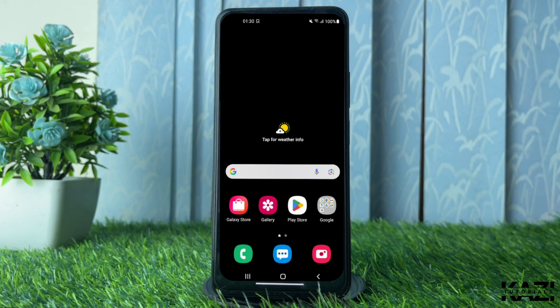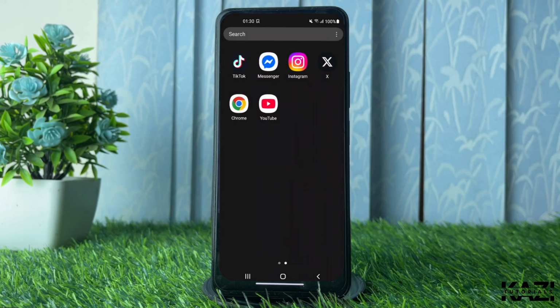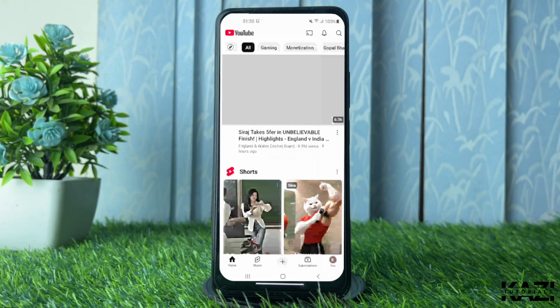So here in this quick tutorial, I will show you how to switch accounts in YouTube application. So let's get started. First of all, you need to go and select the YouTube application on your Android device,